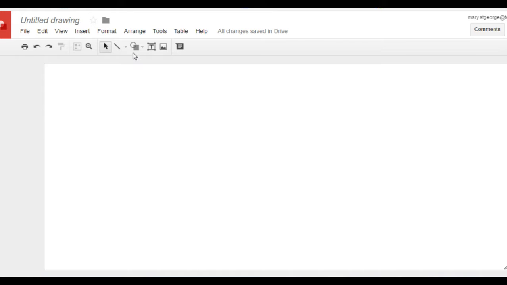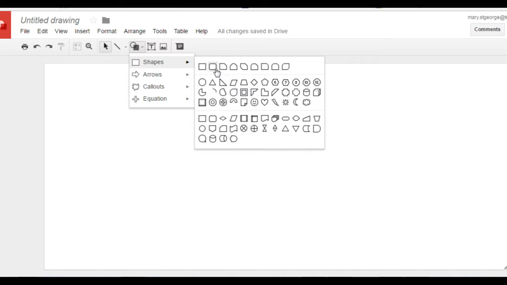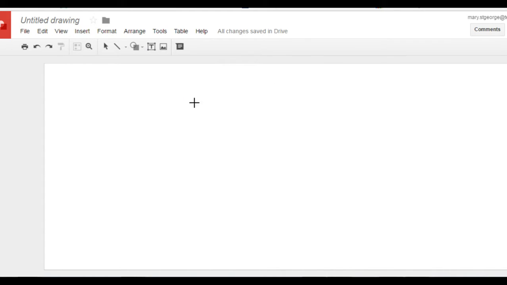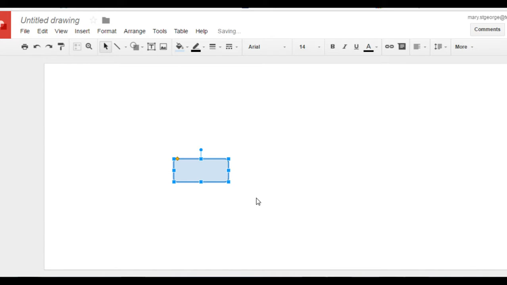Okay, so I'm going to use shapes to put my words in for my concept map. And I quite like rounded rectangles for this kind of thing, so that's that there. By default, the first shape I make seems to be filled in blue every time. Might be different for you. And we're going to link two concepts together on our concept map this time. So I'm looking at sustainability,